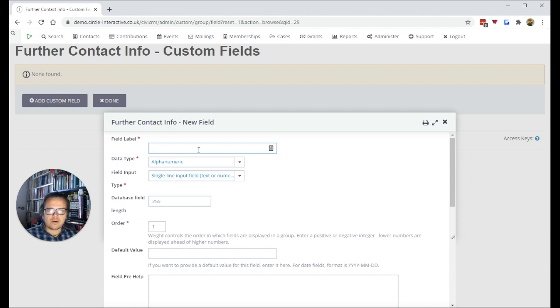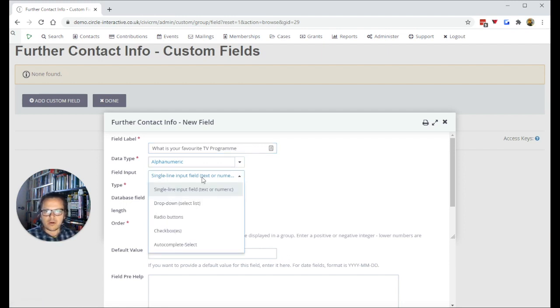So we're going to ask our contact and their further contact info, what is your favorite TV program? The input type is alphanumeric, so that's text and numbers, and we've got different ways that field can be input. We're choosing at the moment the single line input, so just one line of text. Your options here are drop down, radio buttons, checkboxes, so you can put in multi-select options, and the varying ways of presenting